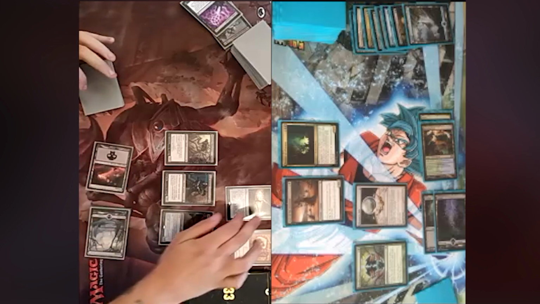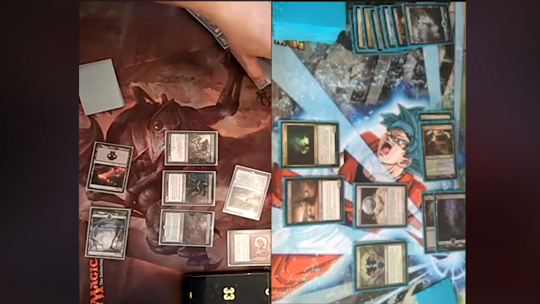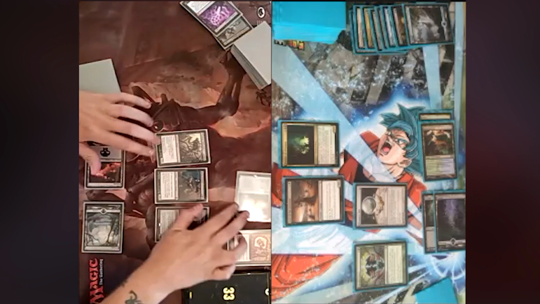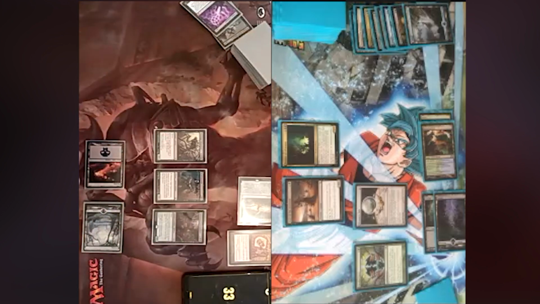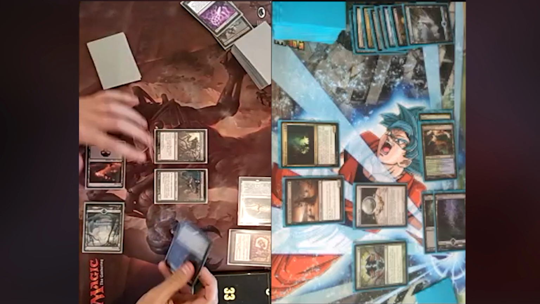And then I'll use that 1 mana left to scry 1. It's probably going to go into the grave anyway, so I'll just leave it there. Well, it is going to go into the grave, so I'm going to put that Mesmeric Orb, which is a shame. And then I'll attack with...